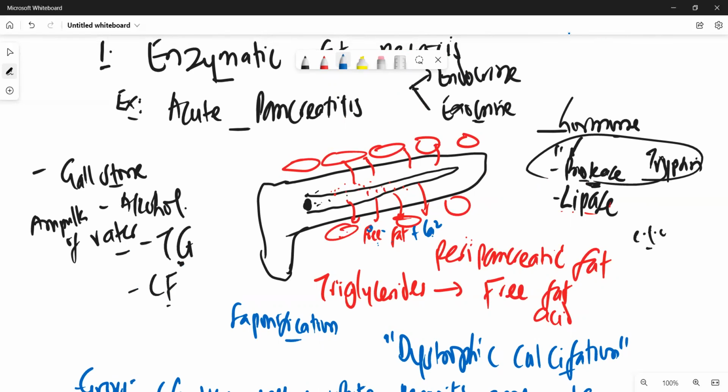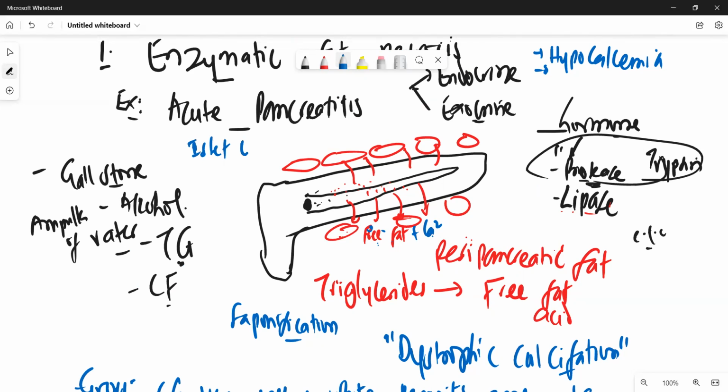And based on this, we can figure out some of the complications that we can see in somebody who's having acute pancreatitis. Because we're going to be using a lot of that calcium to bind to those free fatty acids, this patient can run the risk of hypocalcemia, which is one of the things that we monitor for in this patient. The other thing that we should also watch out for, right? Because in the pancreas,